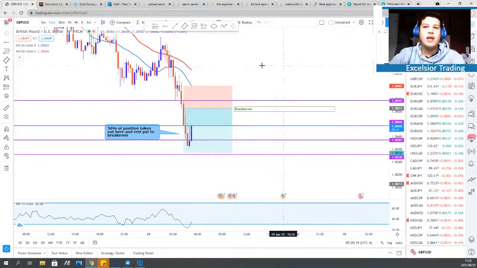Now, where do I enter this trade? First time using